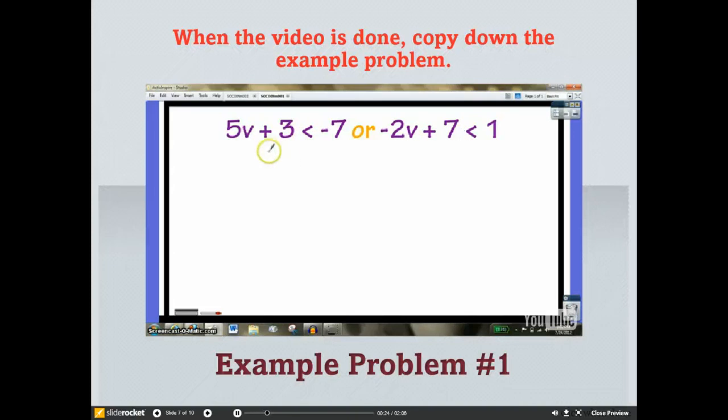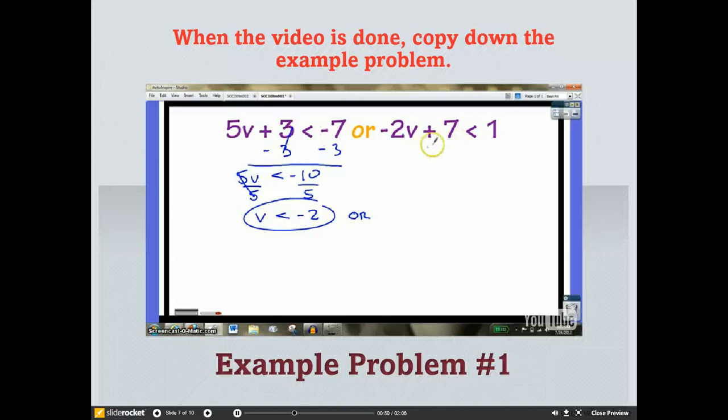So over here I would first take away the plus 3 by subtracting 3. I get 5v is less than negative 10. Divide by 5. And I would get v is less than negative 2. So v can be any number less than negative 2. Or,